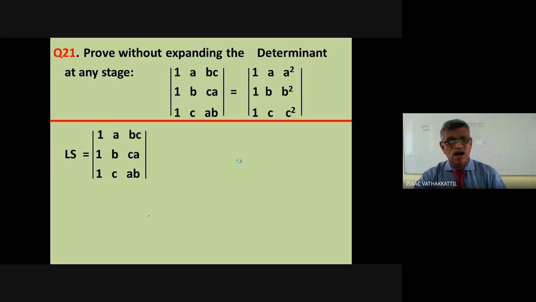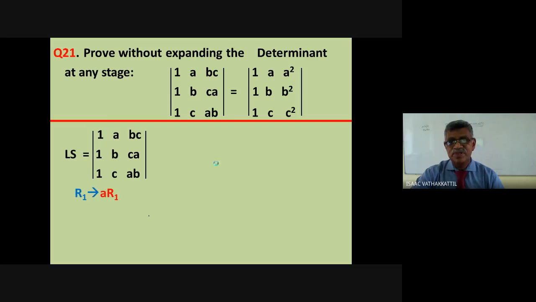Let us see how we get along with this. So we are not going to evaluate. We are only trying to make this in that format. So we don't do that procedure to factorize or that procedure to evaluate and show that it is equal to that. That is not the question. Directly from this determinant we go there.